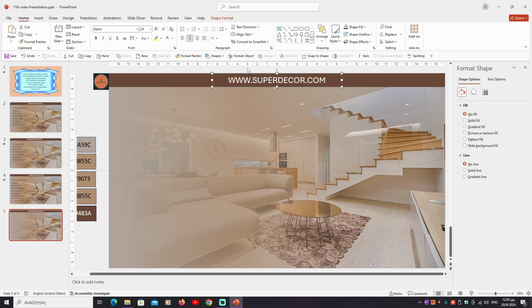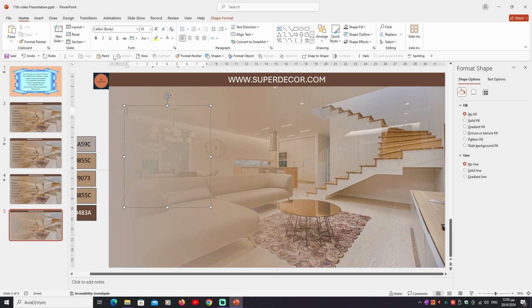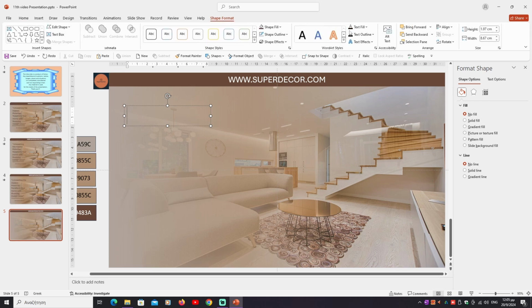Now we will insert our title. At the left side of the slide, we go to Insert ribbon, we choose text box, click in the design area, drag and release it. We choose Aptos font again, size 40, and color, we go to Shape Format, Text Fill, Eyedropper, color the last brown, and we write the title, open quotation mark, Unleashing the hidden potential,